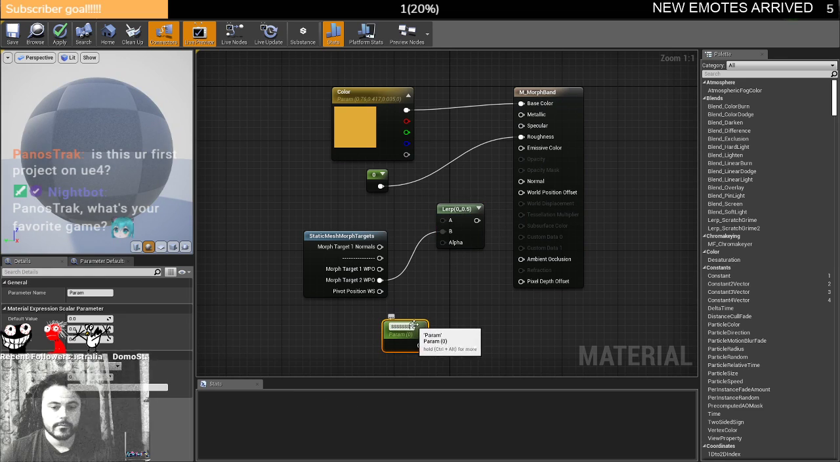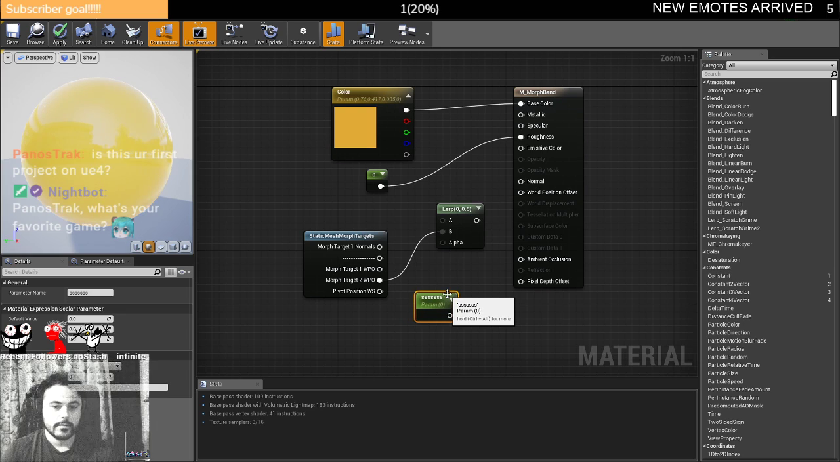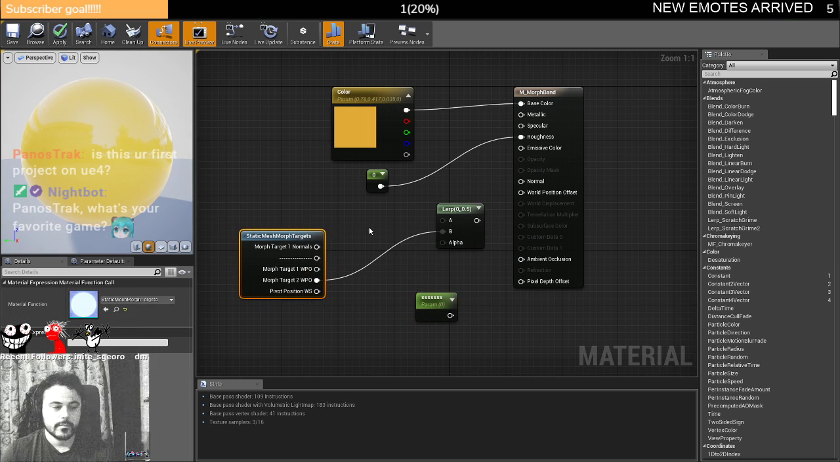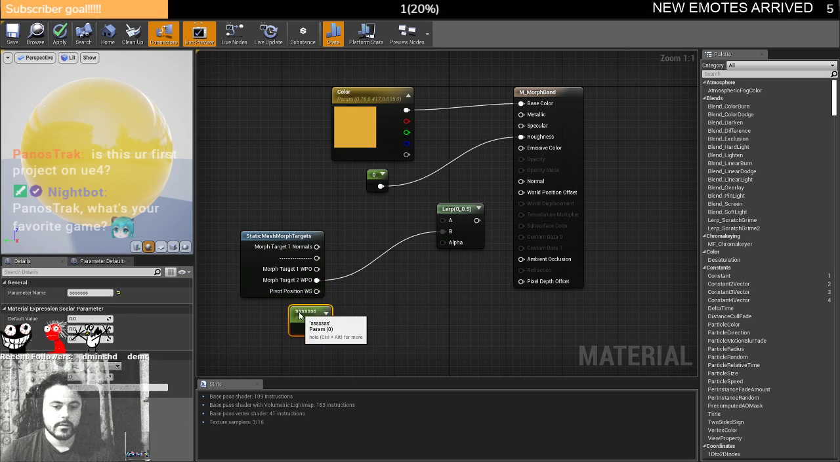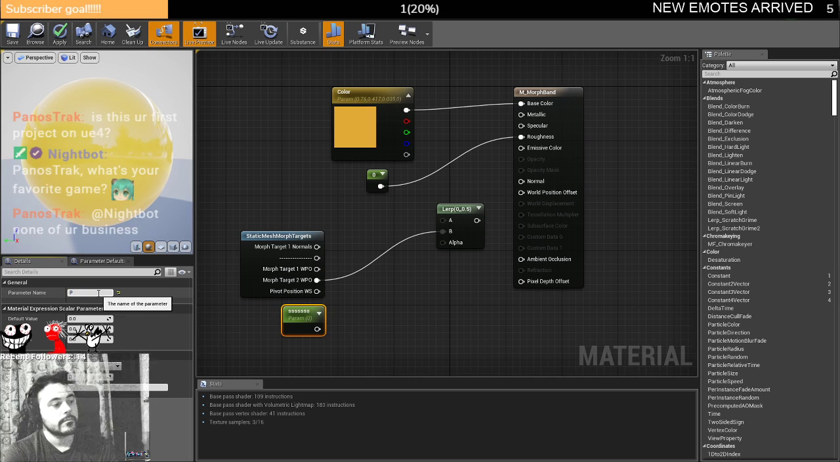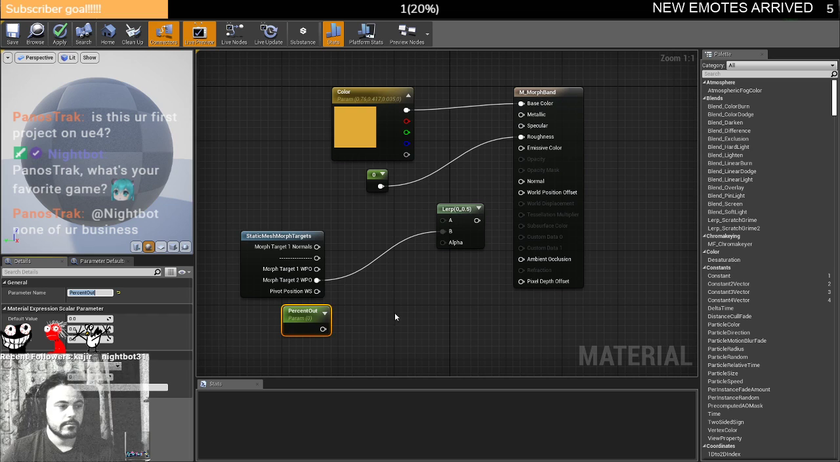So remember, a scalar parameter is a singularly modifiable value. So I drop this in, and I'm just going to call this percent out. Initially that's going to be a value of 0, but if I was to push that up to 1, it would be popping out. So with that done,